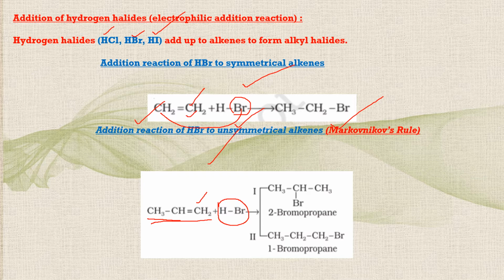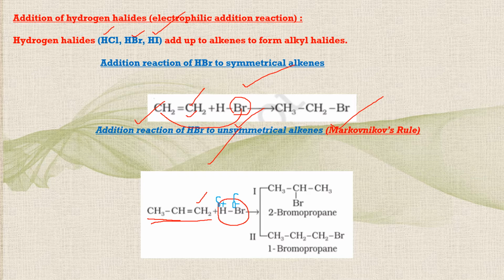Right now, I am just telling you the product on the basis of the statement. But why do we predict the products like that? That answer will come when you understand the mechanism. So the rule says the negative part of addendum, that is Br minus here, this will be negative and this will be positively charged. We write delta positive and delta negative because these are covalent bonds.